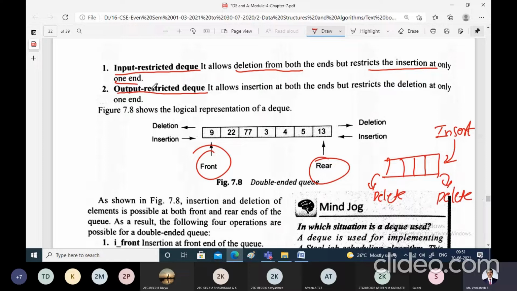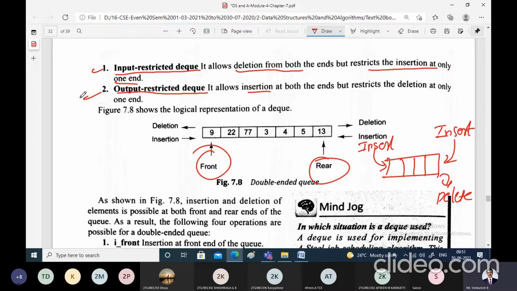And the other type is output restricted queue. Output restricted queue is going to allow insertion at both the ends. You are allowed to insert elements from both the ends, but you are allowed to delete the elements from only one of the ends. So this is the scenario in which insertion is allowed from both the ends, but deletion is allowed from only one end.